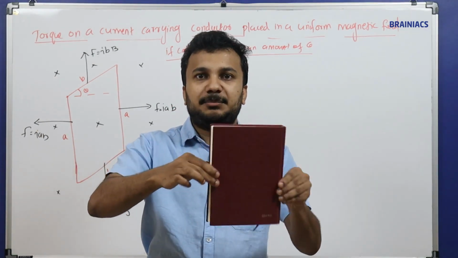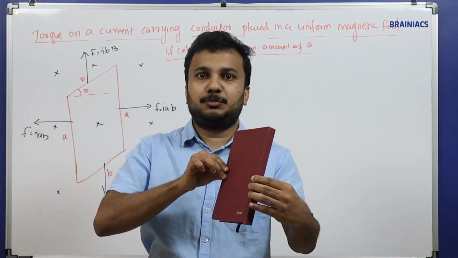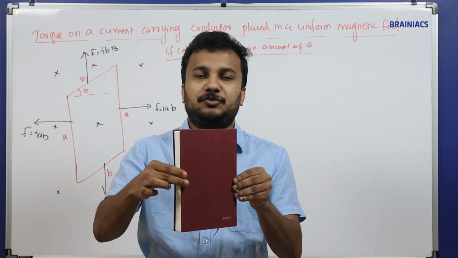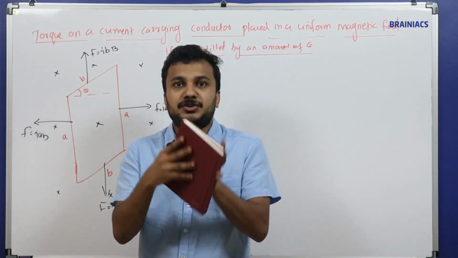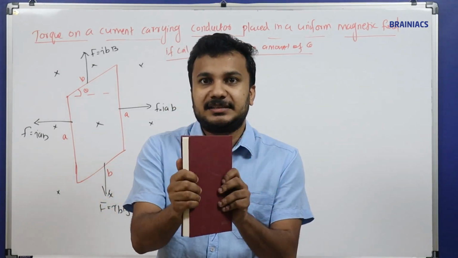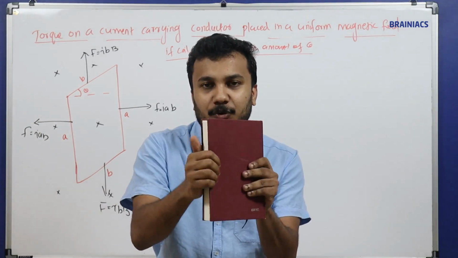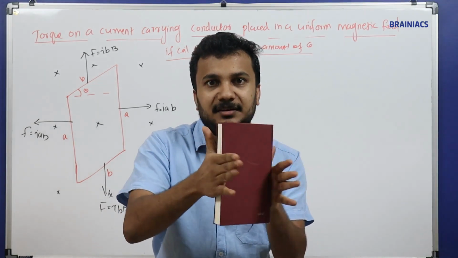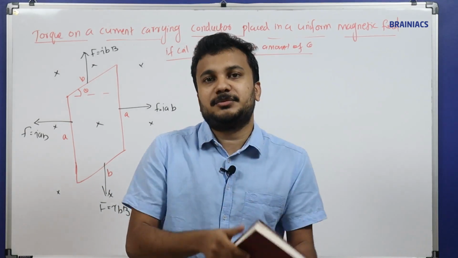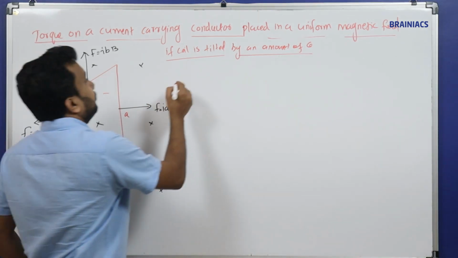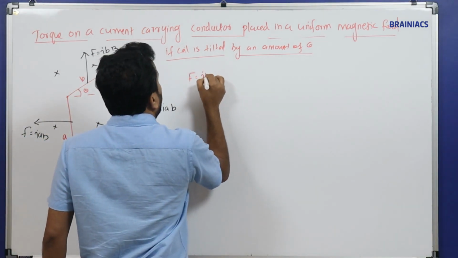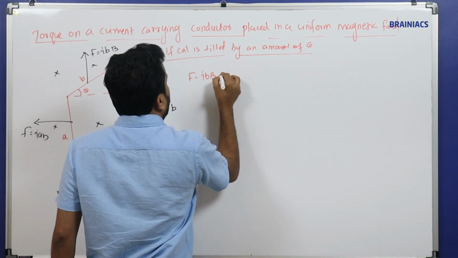So what will happen? If somebody is pulling like this, this book will turn. Turning effects will be there because the net force is not cancelling each other. It has some turning effect. See, I am holding, my hand will be here and this side. So both are pulling in this direction, which means this will undergo a turning effect. So I can say F is equal to IBB upside